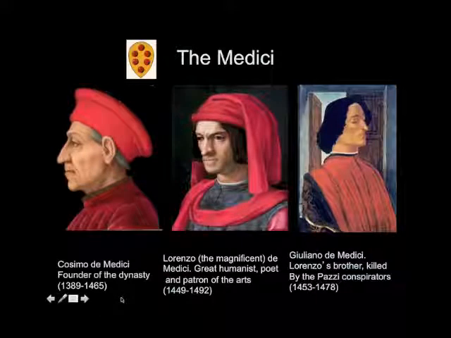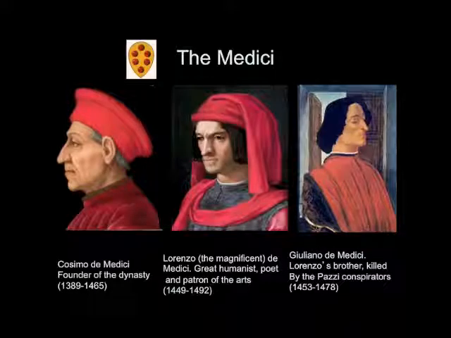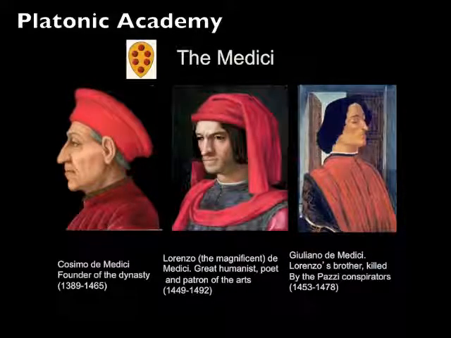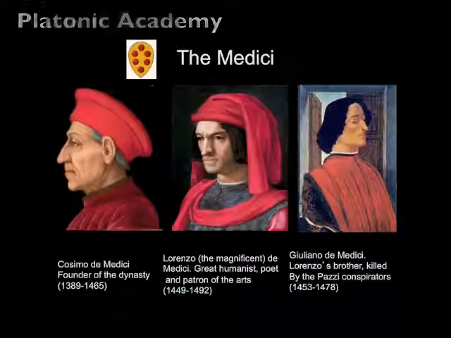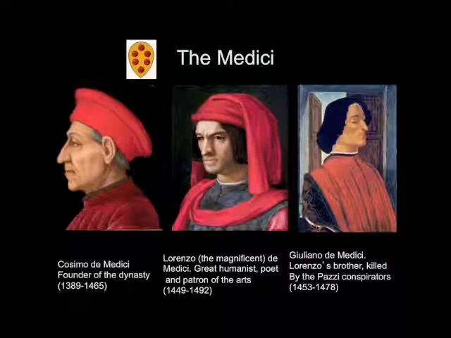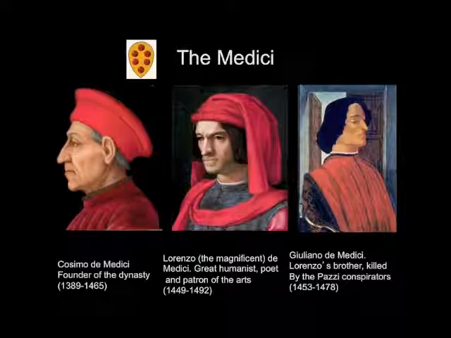Cosimo de' Medici, I think, is important because he founded an academy called the Platonic Academy. Platonic, looking at the thinking of Plato, looking at the philosophy of Plato, but also looking widely beyond the philosophy of Plato, and looking at Arabic texts and having them translated, getting all the books that existed together and having people study them, so that Florence in 1400 could become as capable of sophistication as Rome in its heyday.